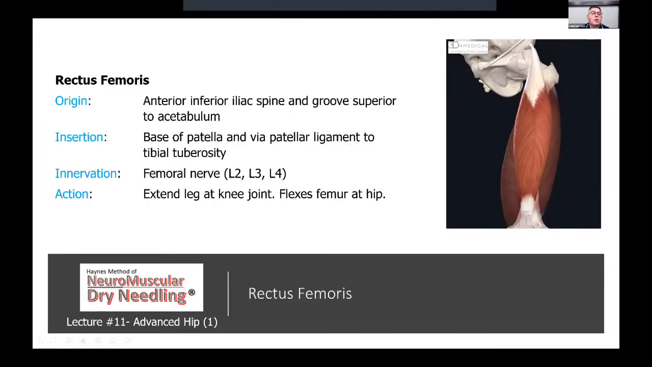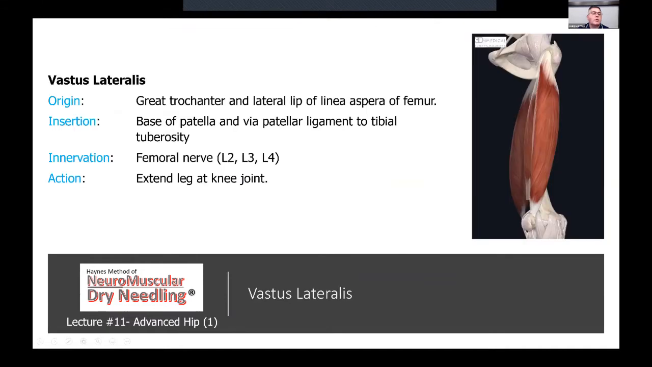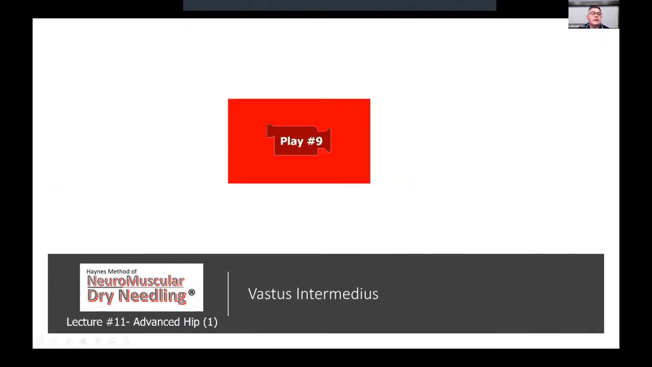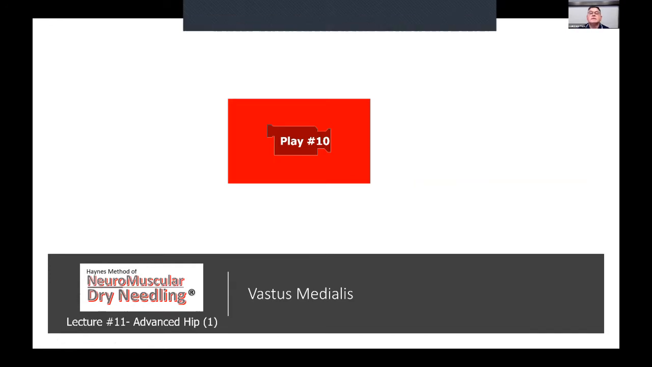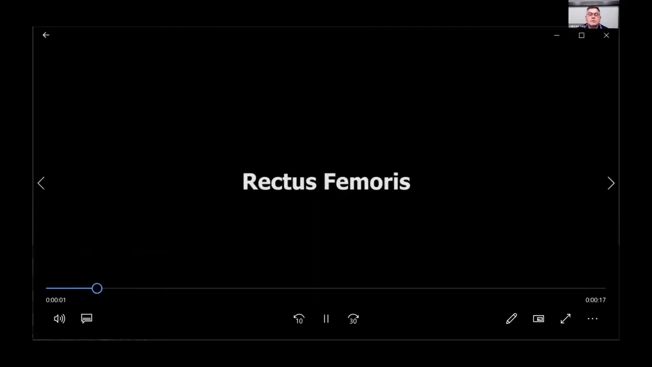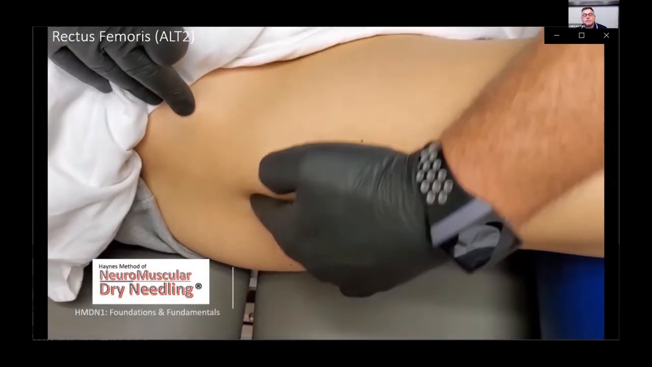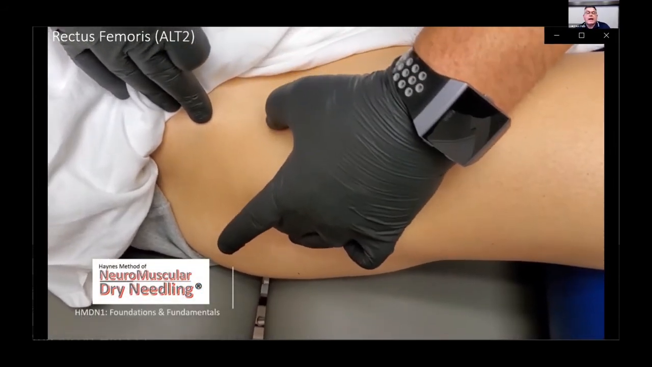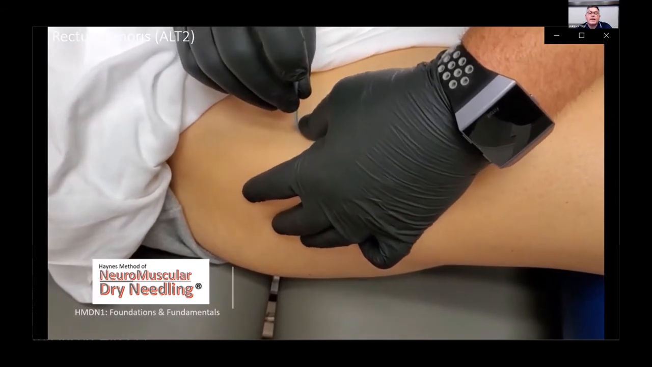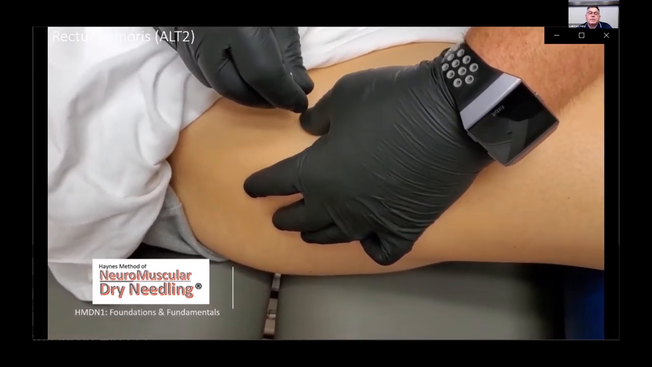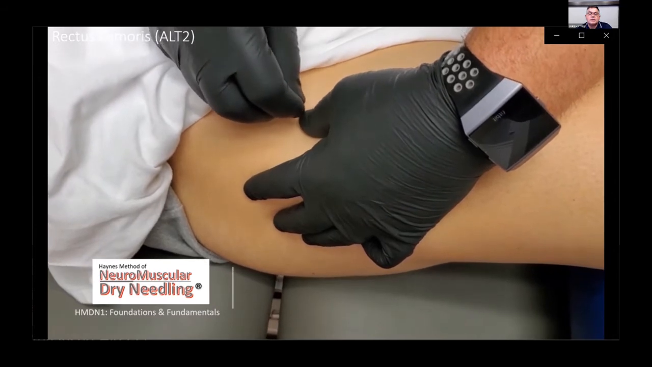Come down. Here we'll look at rec fem. We'll walk through these: vastus lateralis, intermedius, and medialis. And we'll come and see these. So, rec fem, we're going to locate the superiormost aspect of the greater trochanter and the iliac ASIS. We're going to find the line where that bisects and drop the needle directly there into the myotendinous junction for rec